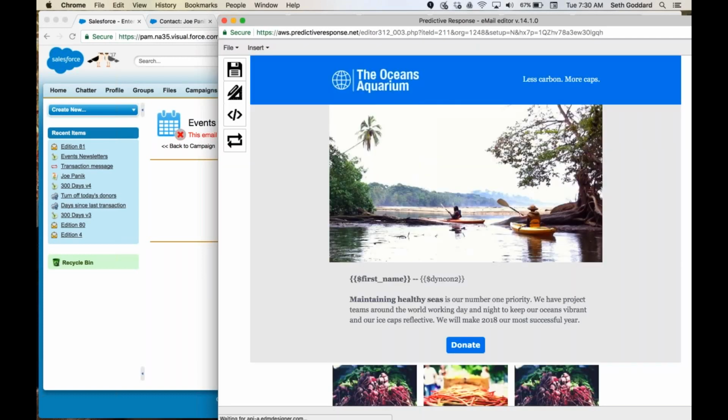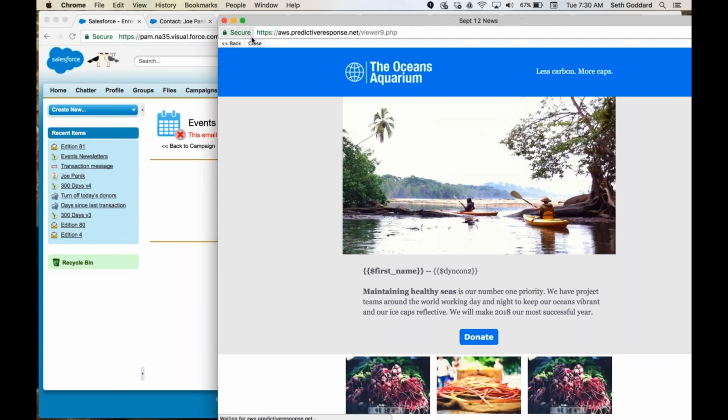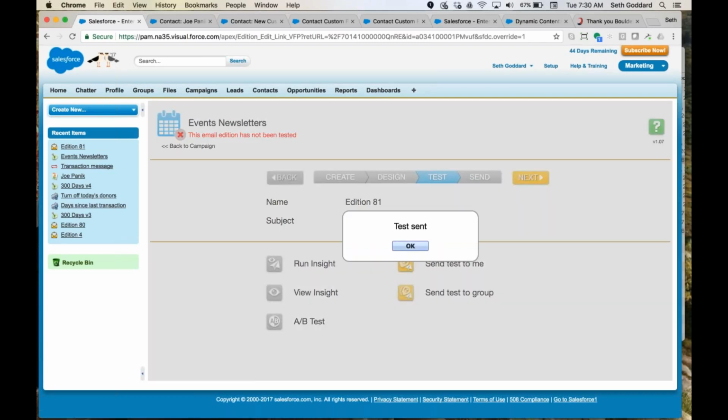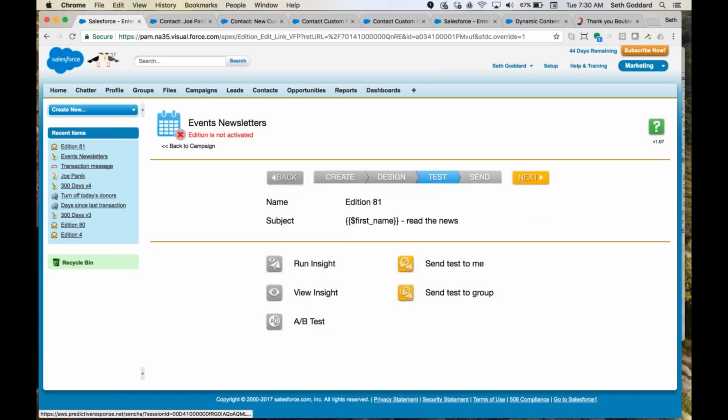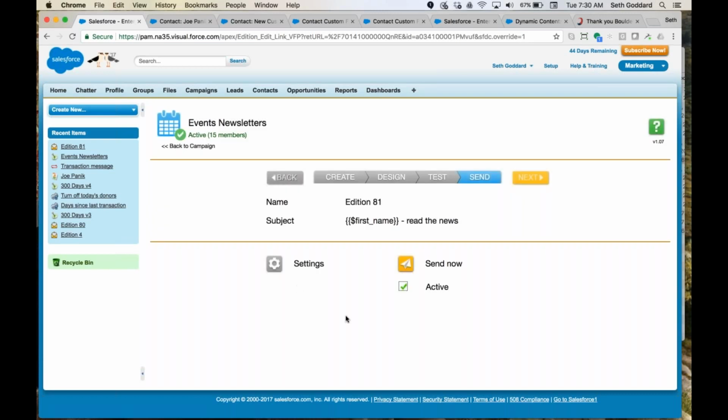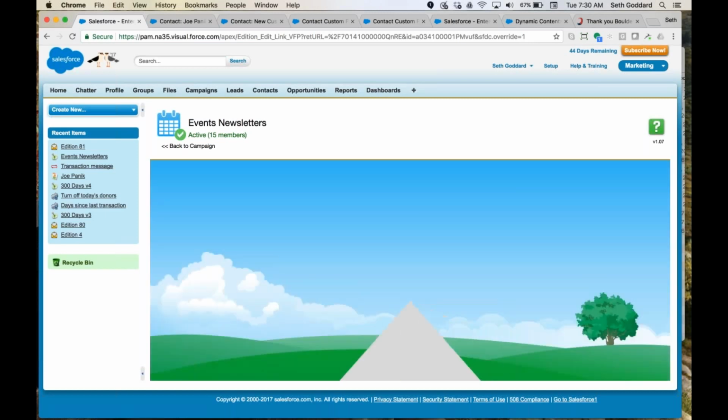So we'll go ahead and just click OK now, save it, close it, test and send. And we're ready to send out our newsletter with dynamic content. Just make it active. And it's ready to go. Go ahead and click send now. And we're sending mail from Salesforce. And then as it goes out the door,